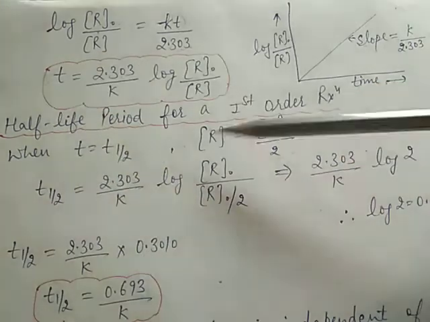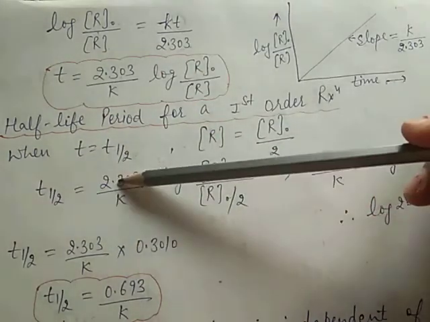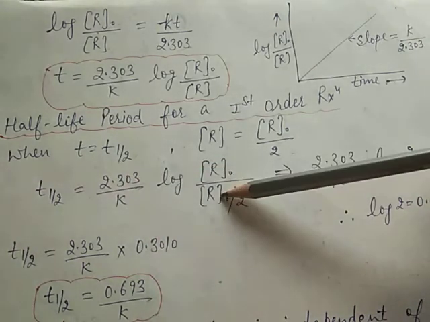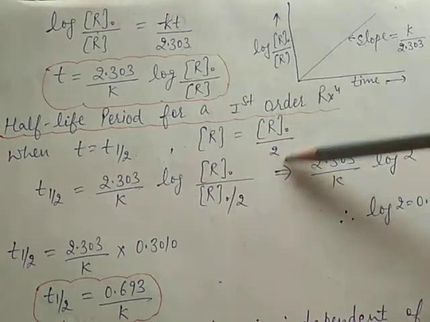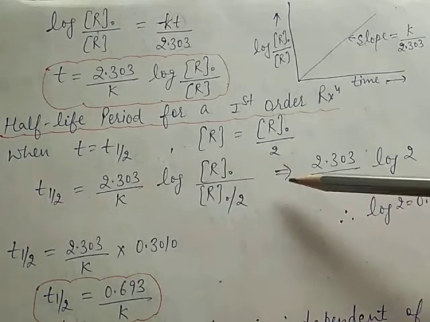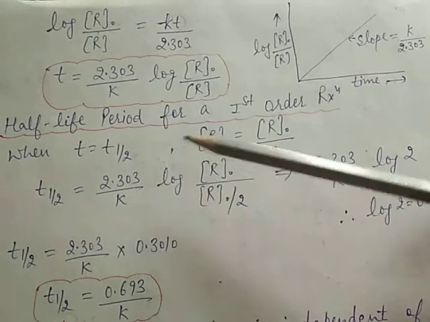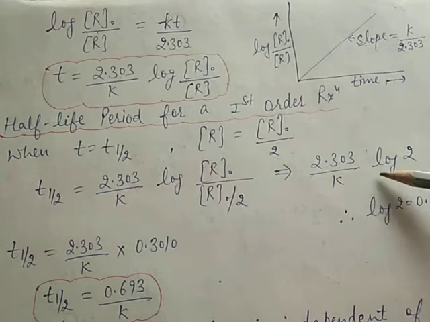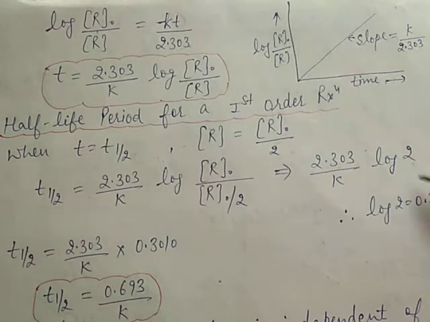Now putting this value in this equation, t half is equal to 2.303 by k log of R naught divided by R, here putting the value of R is equal to R naught by 2. After calculating this expression, R naught cancels and this becomes 1. T half is equal to 2.303 by k log of 2. Here the value of log of 2 is